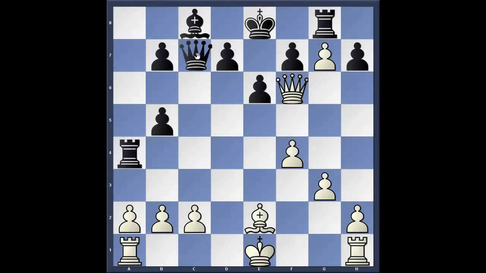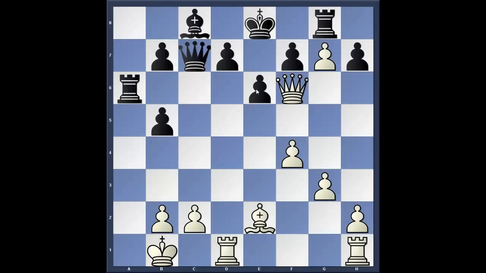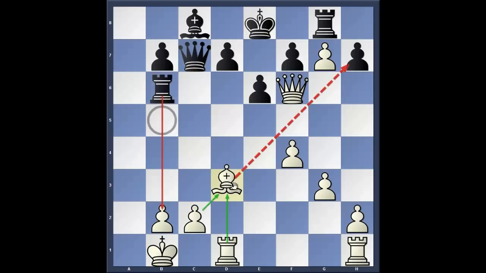Queen c7 is a very good defensive move. The idea is to stop any threats of bishop to h5 by playing d5 afterwards. So castles, rook takes a2, king to b1, and now rook to a6. A very good defensive move, threatening e5. Bishop takes b5, rook b6, and bishop d3. Now the threat is bishop takes h7. e5,